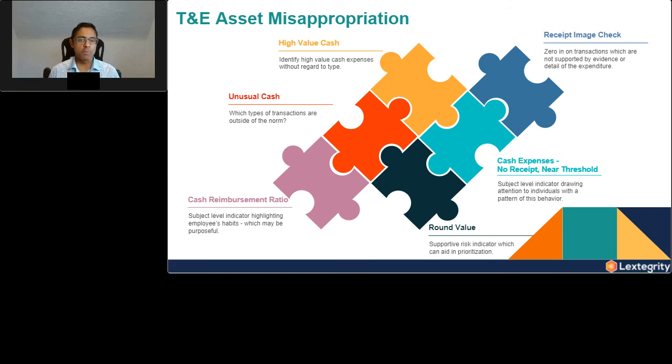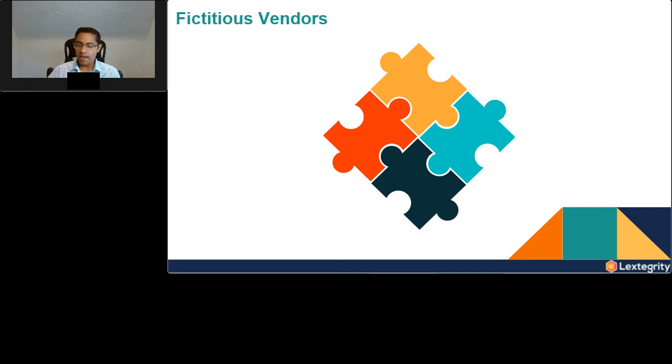I wanted to walk through maybe one specific example here. I want to walk through another one on the vendor invoice side. I really wanted to give you that level of detail today to explain what a multi-dimensional fraud analytic review would look like. So now moving to another scenario,